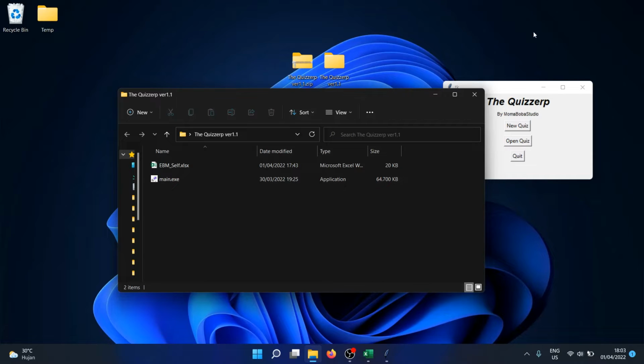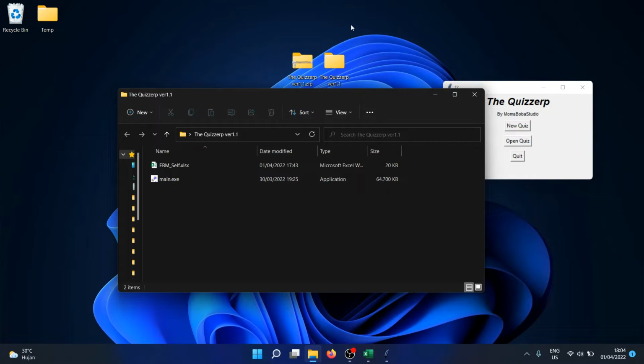Today I would like to give you a showcase and a tutorial on my recent application that I just created. It's called the Quizzerp and it's currently in its earliest form. It's version 1.1 and this application is intended to help students or anyone in their studies, in memorizing concepts or hard concepts. So rather than just reading everything that we want to know, we can test them out by using this application. So this application is available in itch.io and it comes in as a zip file and